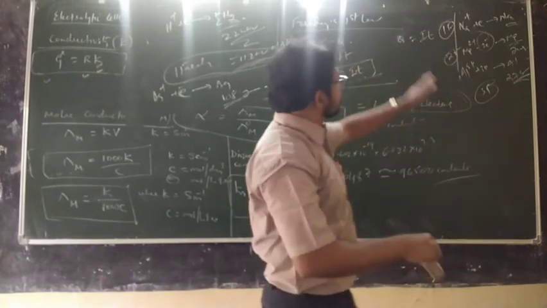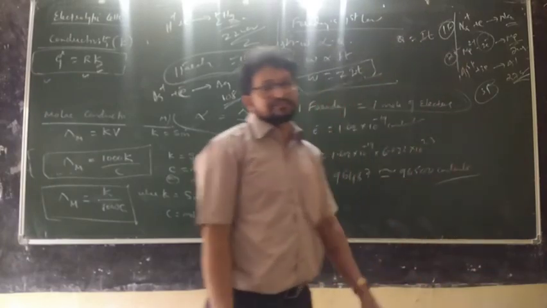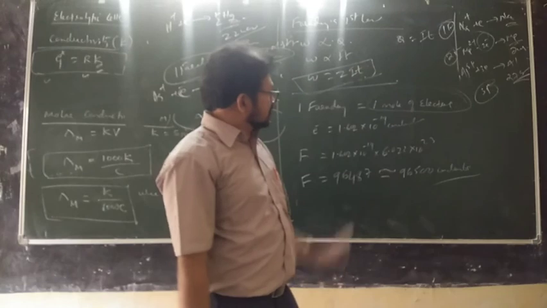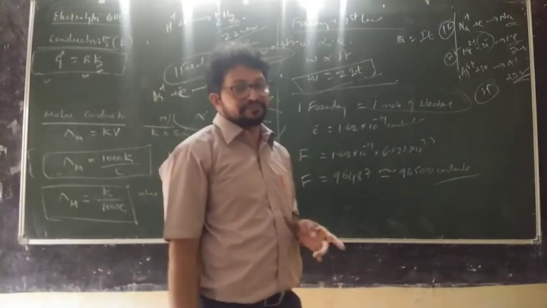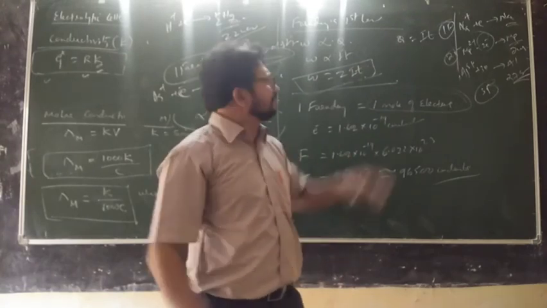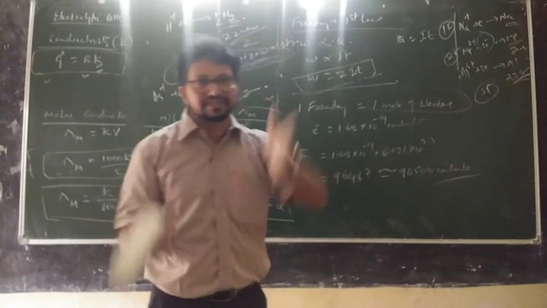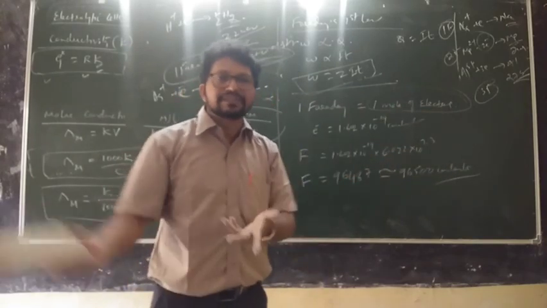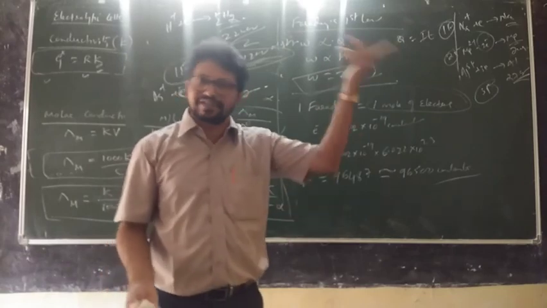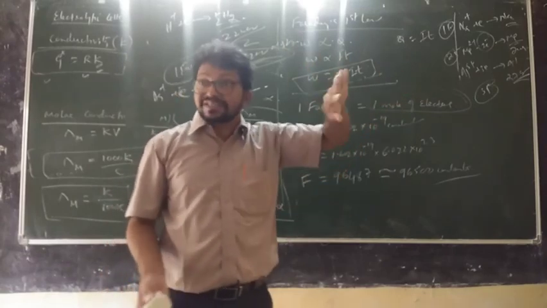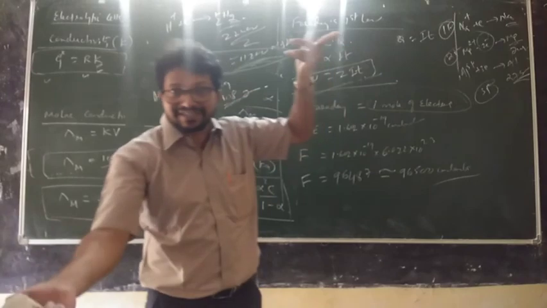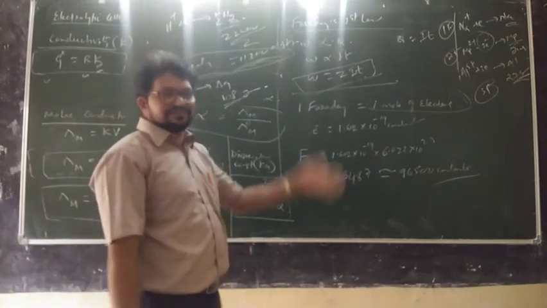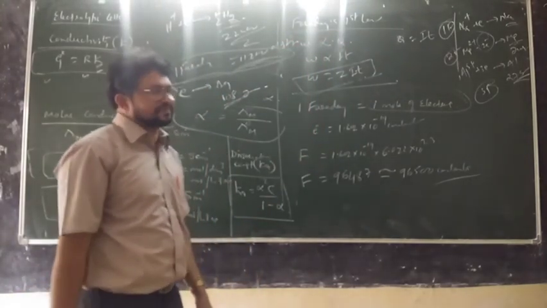So this calculation you have to relate to stoichiometry. This is Faraday's first law calculations. They will give you some mass and you have to calculate its Faraday, and Faraday into I into T. If time and I are given, you can find Q. If mass and I are given, you can find time. Problems you have to work out.